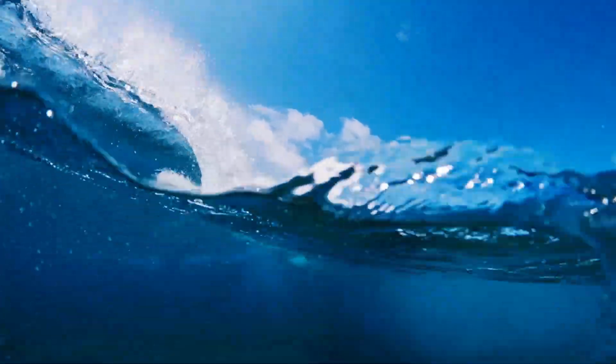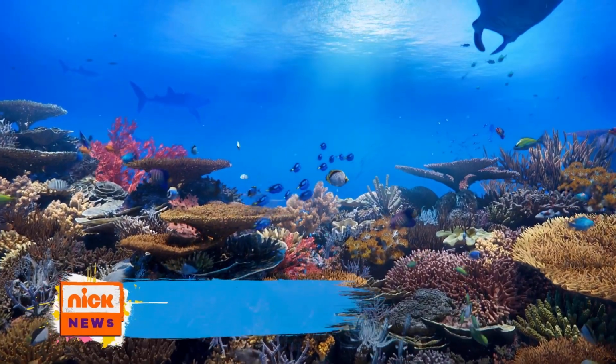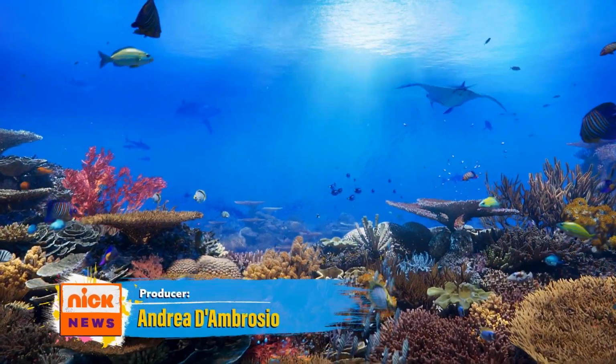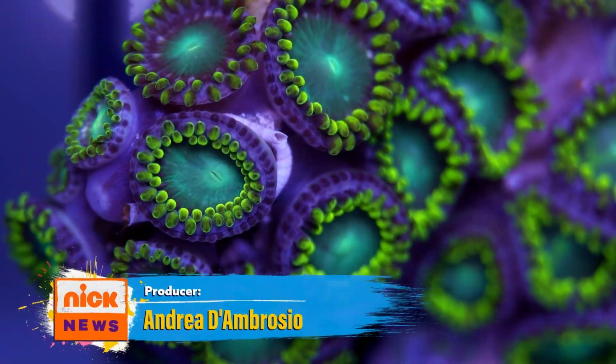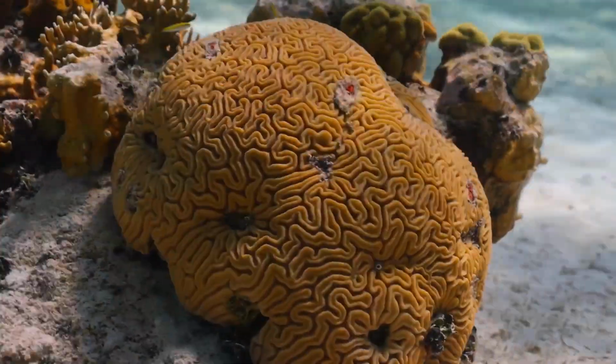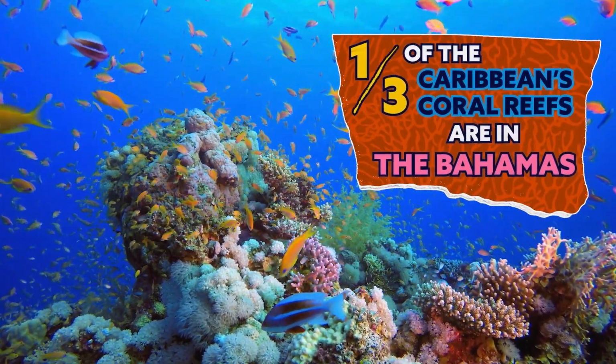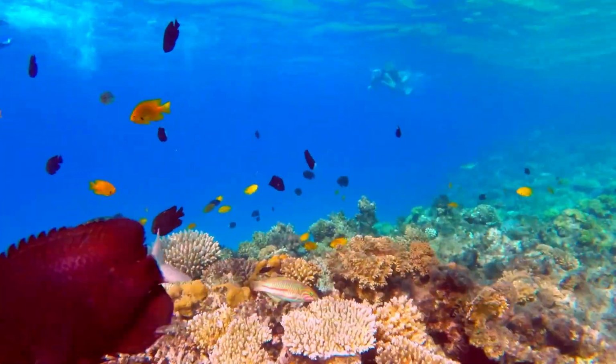Look under the water, and what do you see? They may look like bright, colorful, vibrant plants, but look again. These are coral. Corals are living animals found in clear, shallow tropical waters around the world. In the Caribbean, over 1/3 of its coral reefs are in the Bahamas, and today, they are under extreme threat